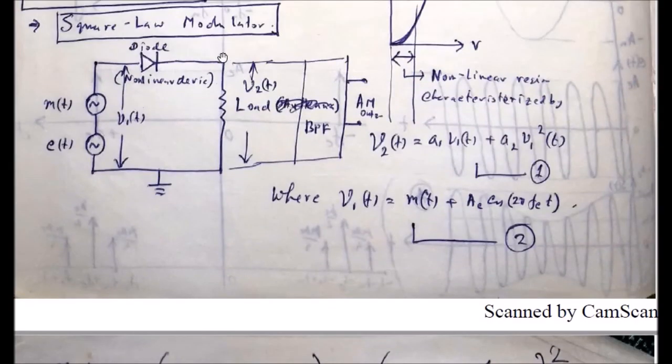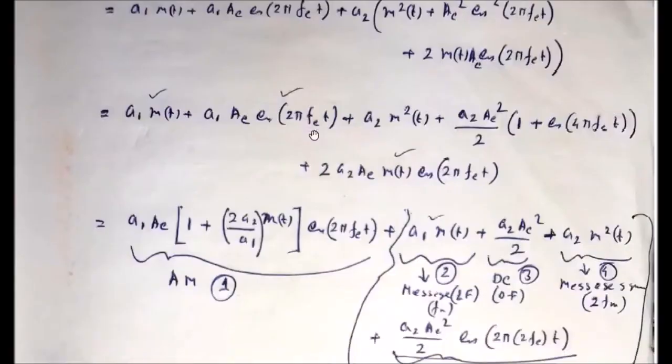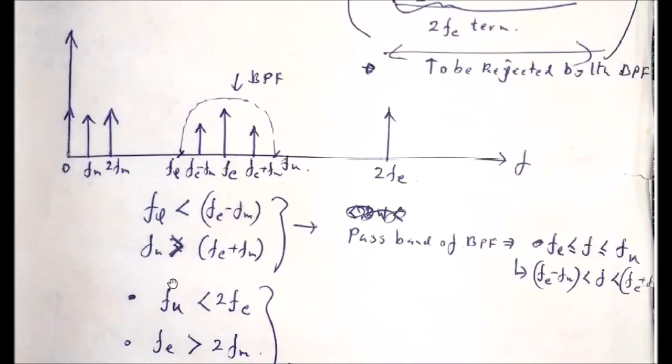So that means at the output of the square law circuit you have to connect a properly designed band pass filter, so that at the output you will obtain the AM signal, and this band pass filter should be designed in accordance with the following described FL and FU. FL and FU should obey these characteristics. So this is all about the square law diode modulator, which is used for AM generation, DSB AM generation. It is the generation part of the AM.